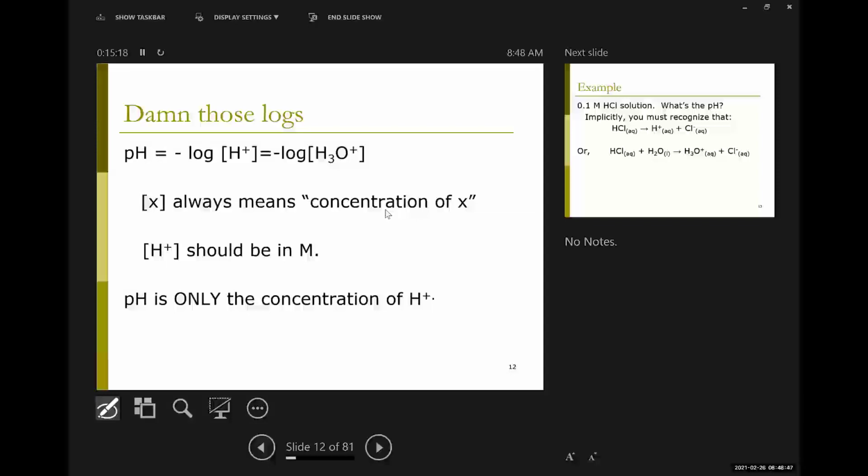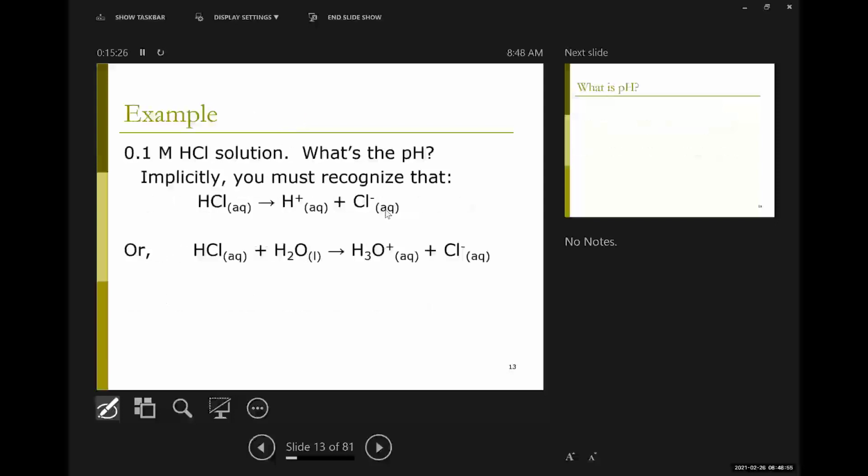It is the only thing I can identify with a pH. I cannot talk about the concentration of HCl as a pH, right? pH is only the concentration of the hydronium,